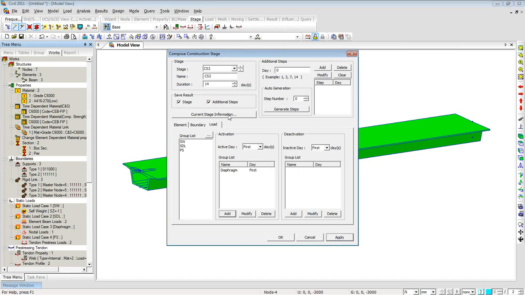So now the span is already 14 days old, and now this duration is 14 more. So by the time we come to construction stage 3, the span has gained its required strength of 28 days, and then I can just make the duration of this stage 1, and under loads activate the post tension or the pre-stress loads, and then click apply. And the final construction stage will be for 10,000 days, and